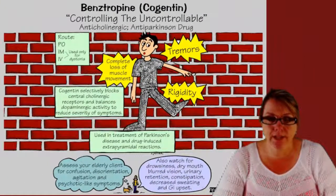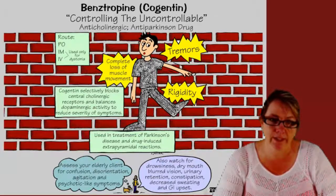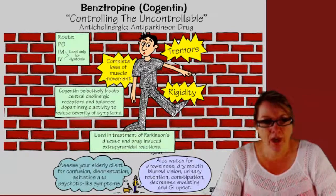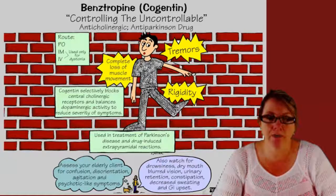The first drug we'll talk about is Cogentin. Cogentin is an anticholinergic agent and it works by blocking acetylcholine in the brain. It is usually used with other Parkinsonian medications. This particular medicine is primarily used to help control the symptoms, especially the tremors that are associated with